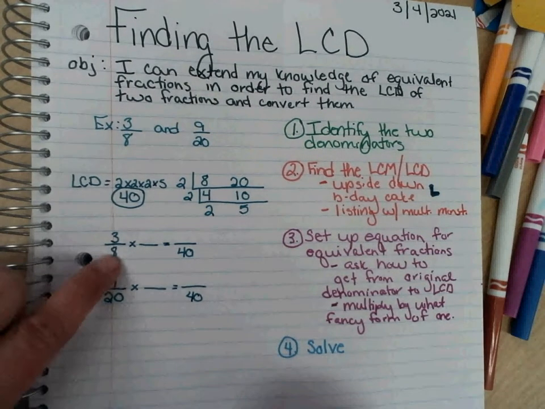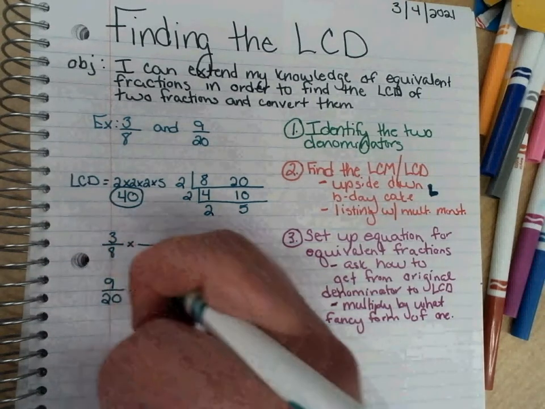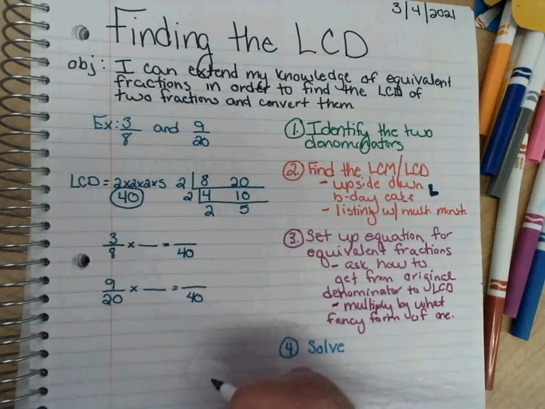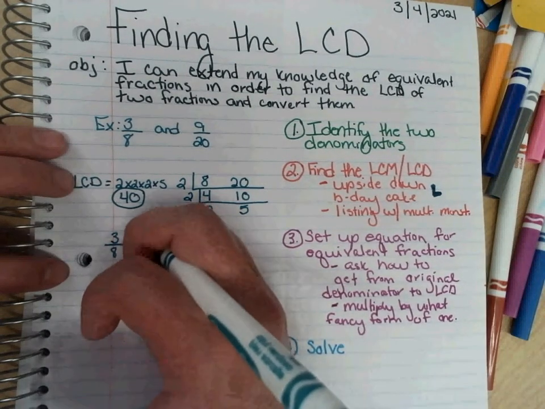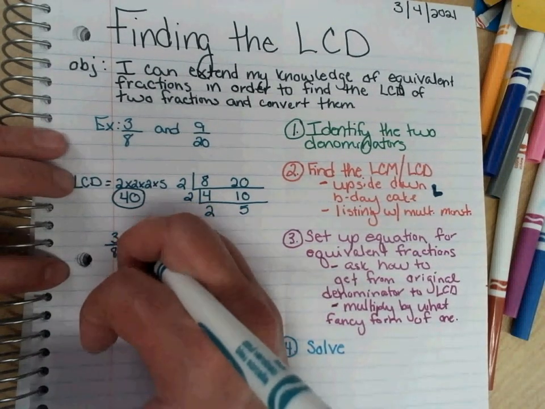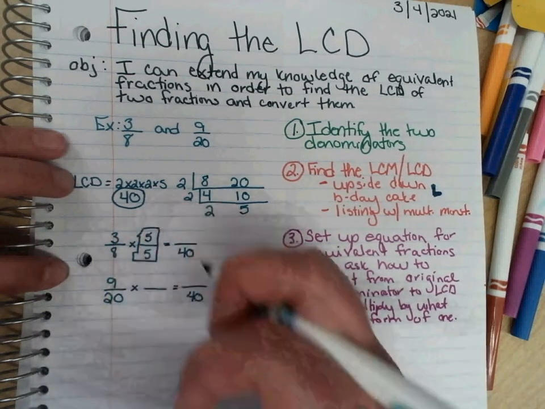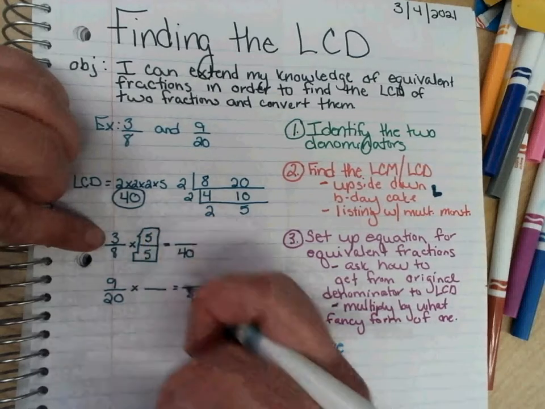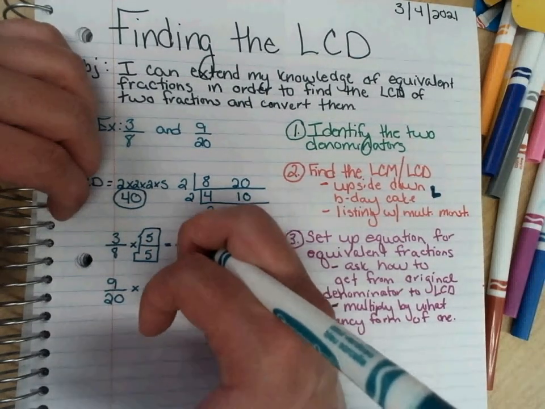Okay, I want to know. So I ask myself, how do I get from 8 to 40? How do I get there? 8 times what gives me 40? 5. Whatever I do to the bottom, I must do to the top. That is my fancy form of 1. Okay, so now I have to do the same thing in the top. What is 3 times 5? Well, it is